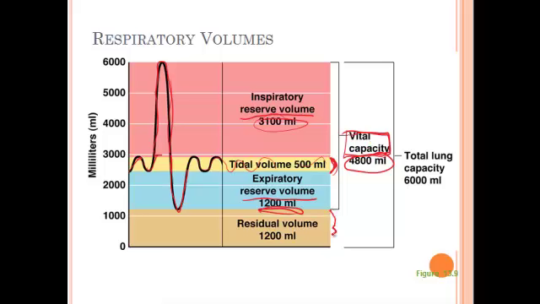Notice down here, though, we have something called the residual volume. Residual, maybe a definition for that would be sort of leftover, and that's one way to think about residual. So residual volume is, even after you've breathed out as much as you can, there's still going to be some air in your lungs. This is the air that you can't get rid of. So your lungs don't totally empty of air even when you breathe out. And so you're left with this residual volume, and it's about 1,200 milliliters.